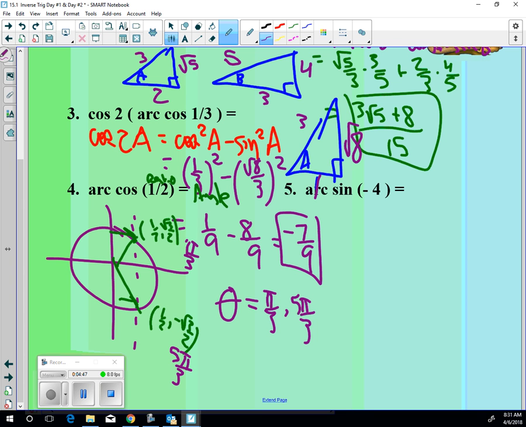Now the reason we find between 0 and 2 pi is because I'm going to have Garrett tell me all the answers that exist in the whole universe. All he would have to do is add 2 pi, because that'll go around the circle. Take your finger, go to pi over 3. Go around the circle 2 pi. Where are you going to end up? Same one. Go around again. Where are you going to end up? Same one. Go around again. Same one. So if I add 2 pi k to each of these,